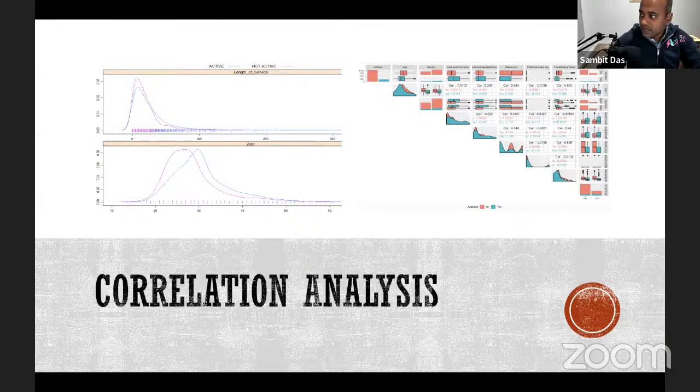Now this part right inside is what we call correlation analysis, and in R I developed this to understand